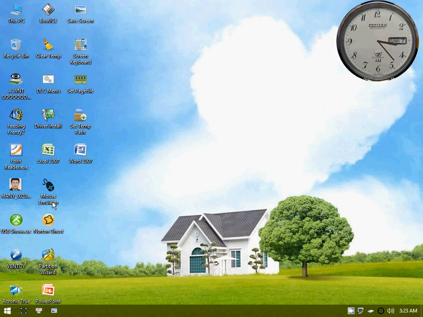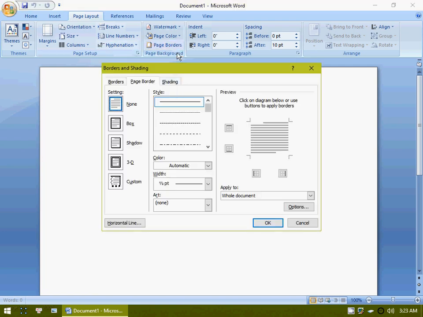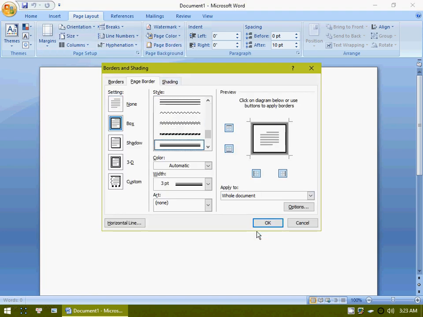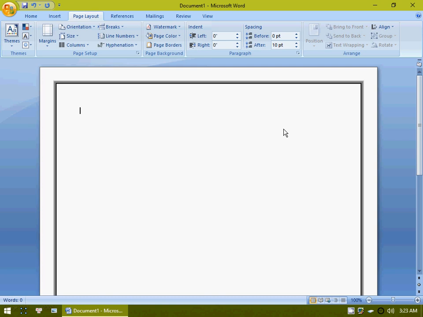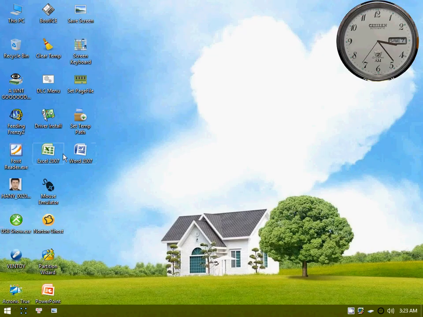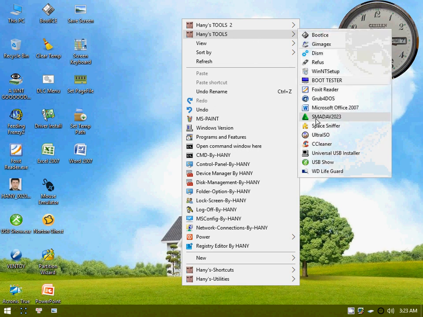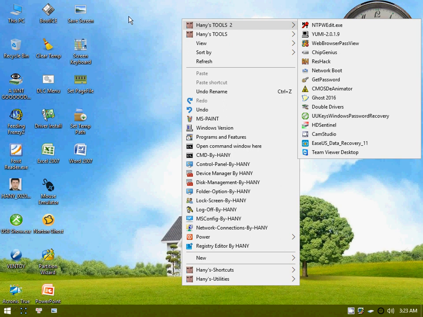Now it becomes permanent and continues working with you. Microsoft Word, so you can do your work, no problem for you to write your office documents and letters and so on. So it's very easy for you to use. Now this is Windows Live with Microsoft Office and everything, and also with antivirus, SMADAV antivirus is also available here, the same as before. These are the old tools that already exist,